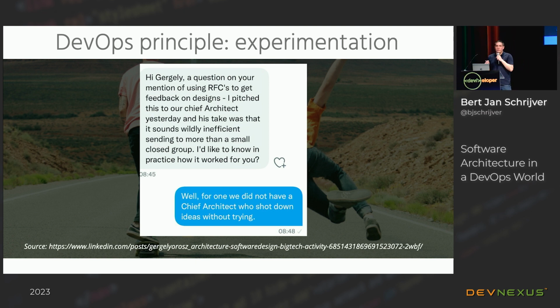Sometimes whenever you want to change something in an organization, you get the typical answer from somebody in business saying, okay, that sounds nice, but can you make a business case for it? Who loves making business cases for technical changes? No one. That's interesting. No, I hate it as well. So you can actually turn around. If you want to foster experimentation, you can change the rule and say, I'm going to do this experiment. If somebody wants to stop me, make a business case for not doing this. And then you see what happens. Try it out.